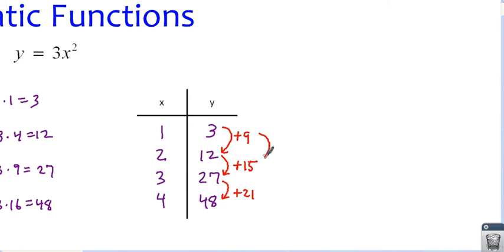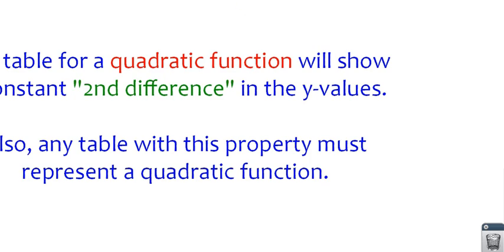If we continue though the process of looking at differences, now we're taking the differences of the differences, we'll see that 9 plus 6 would give 15, and 15 plus 6 gives 21. And now we do indeed have a constant value. The key point to take away here,